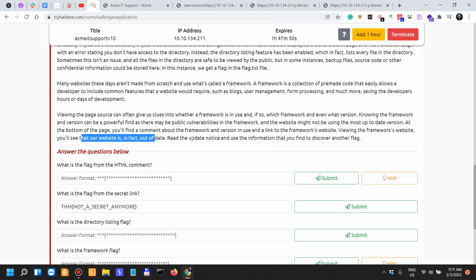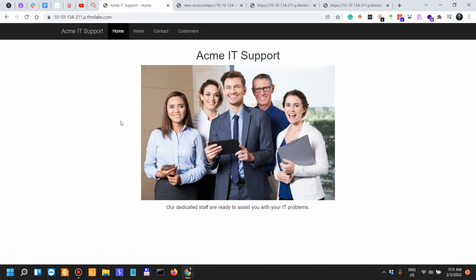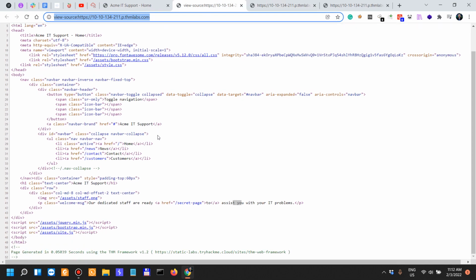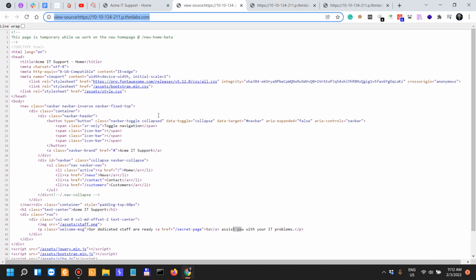Anyways, read the update notice and use the information that you find to discover another flag. So looking over, it says that they have